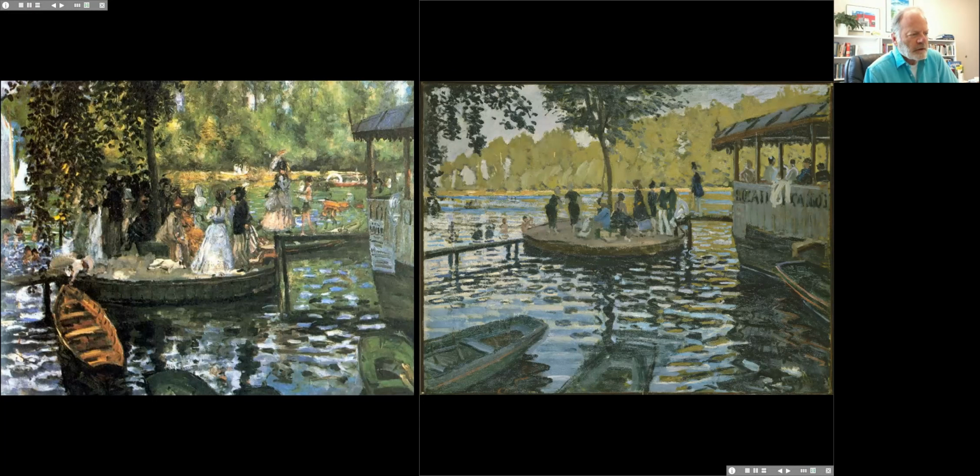This site was one along the Seine River, a few miles from Paris, and was one of those places where city dwellers would go, members of the middle class, lower middle class, middle of the middle class. They would go there on days when they were free from work. That was usually just Sunday.